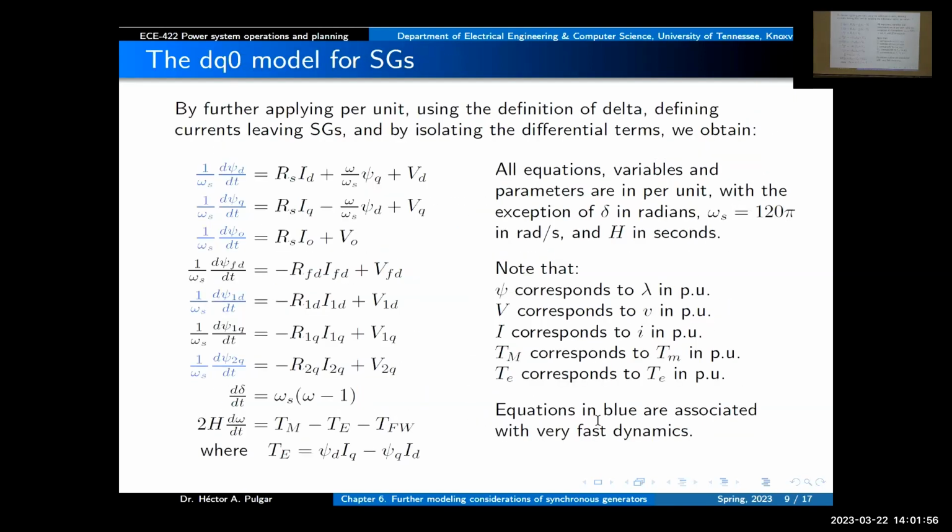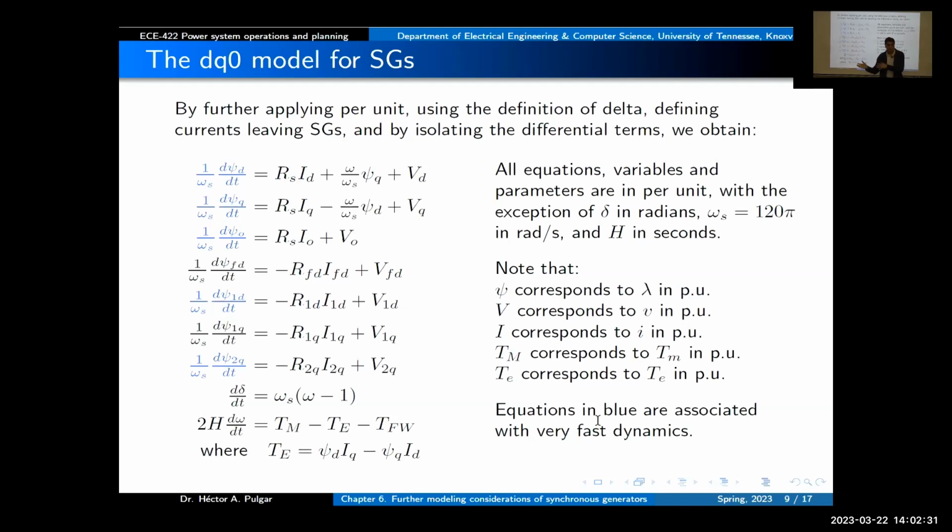This question: it makes sense that the energies associated with the flux linkage is pretty small, so we assume it changes instantaneously. But why do some flux linkages we consider fast and some flux linkages we consider slow? It's related with the physical characteristic of these dampers and what they are designed for. So in the machine, you're going to have a very fast response. In all times, we call this